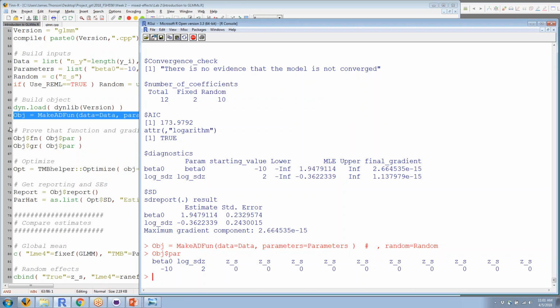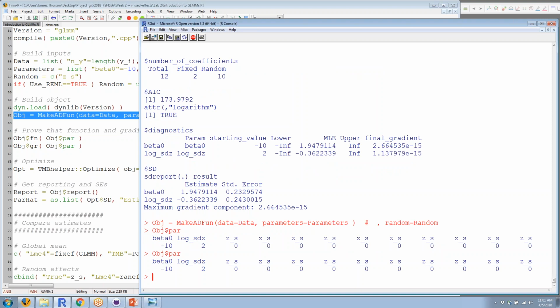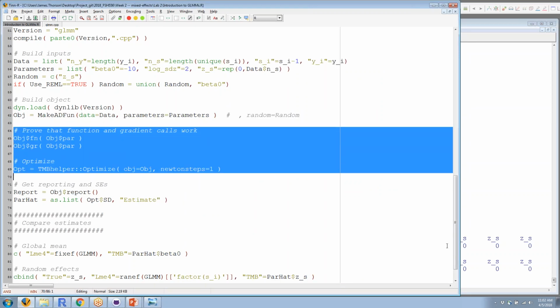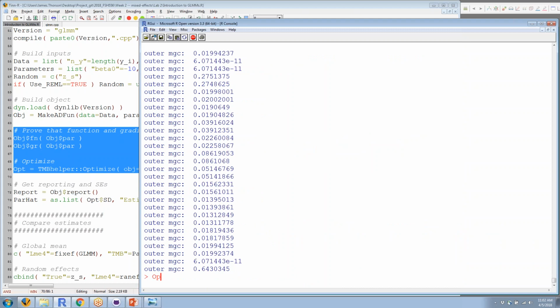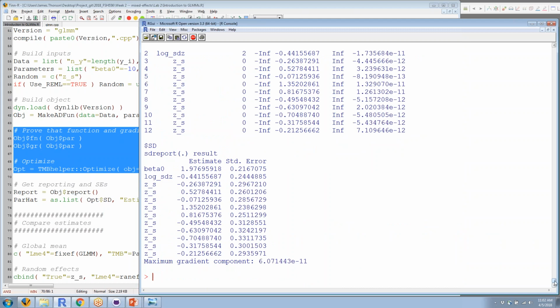Okay. So right now, I would call this penalized likelihood, where all the fixed effects and the intercept are all being treated as fixed effects here. And if we try to optimize it, we actually get a solution,